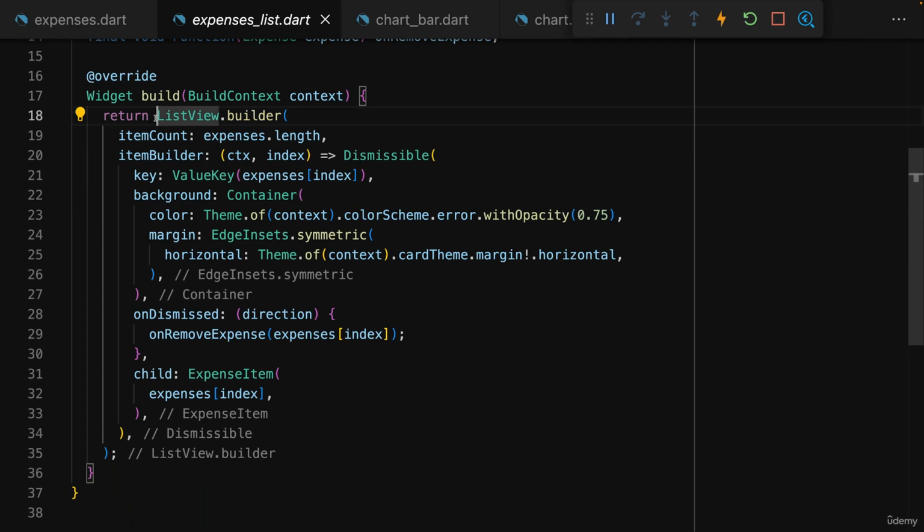You learned about useful widgets like the list view widget with its builder method, which is great for building lists of unknown length in a high performance way. You learned about the dismissible widget, which is great for easily making list items dismissible, as the name kind of